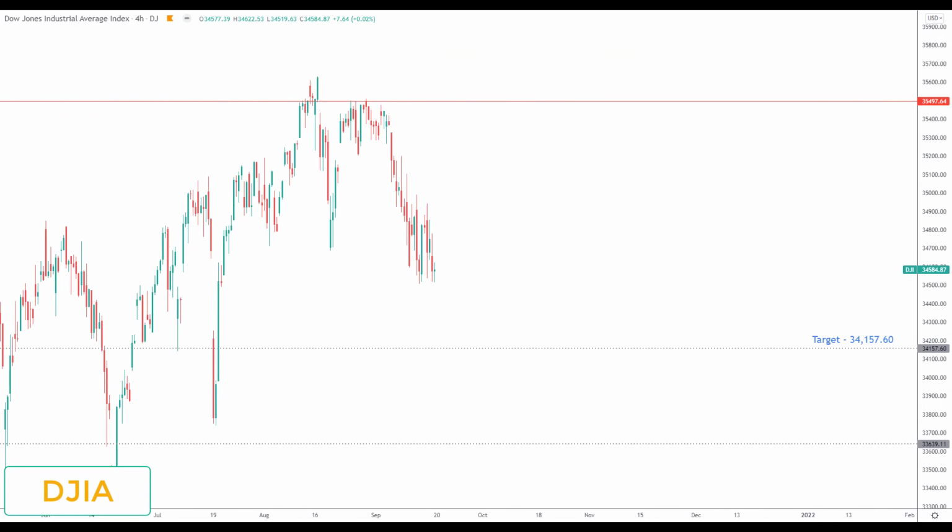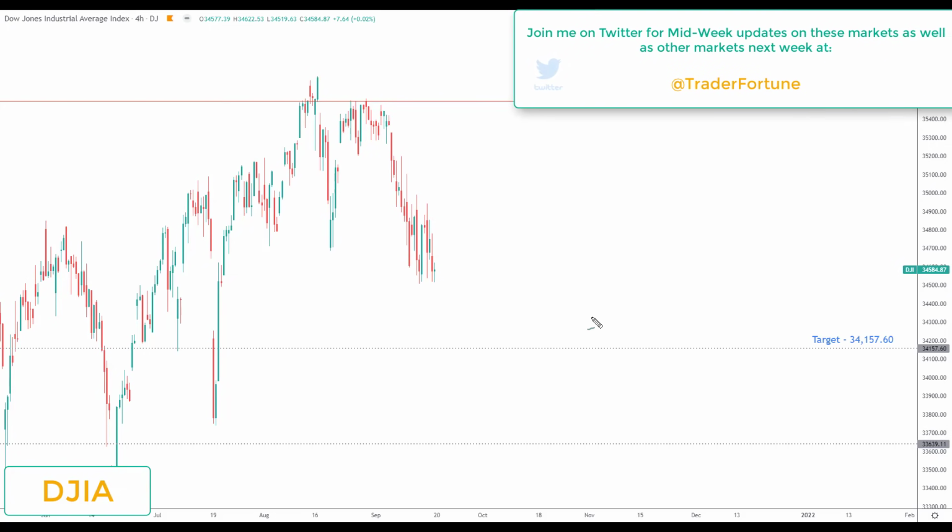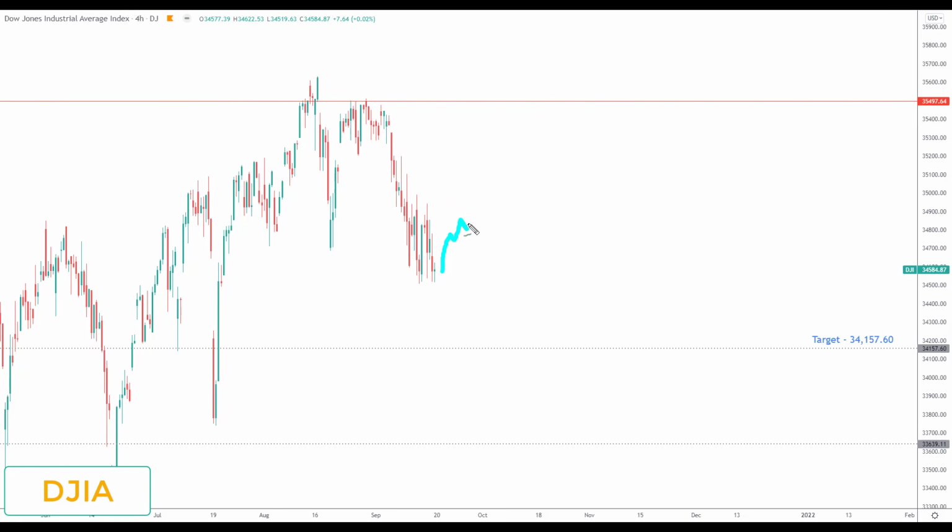Next is Dow Jones. Now, Dow Jones is actually bearish after this near-term reversal to the downside, failure to make a high over here and a break lower. As it stands then, this would be a setup to look at if we get a hawkish outcome from FOMC, we start to see the dollar rising. Any pullback into FOMC and then a break lower on a hawkish outcome would be viewed as the opportunity to start to look for further declines in Dow Jones down towards the next key of support to the downside, the target set at the